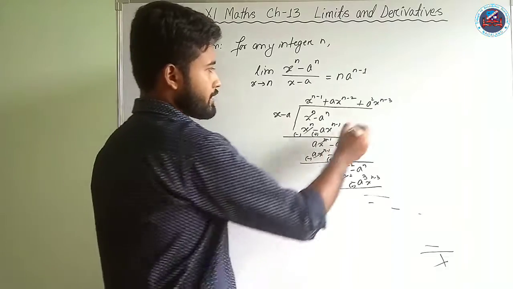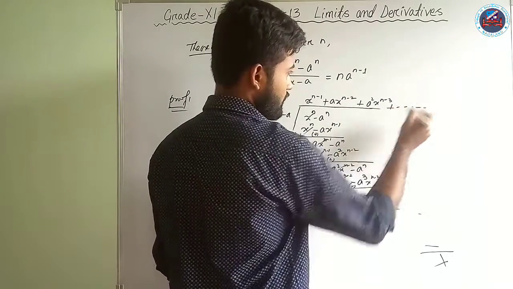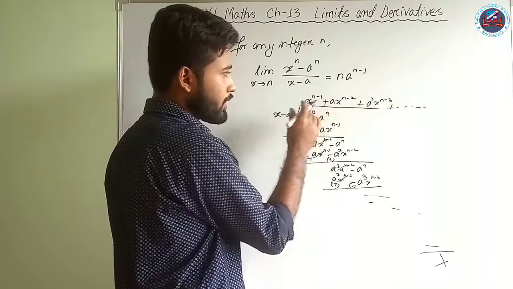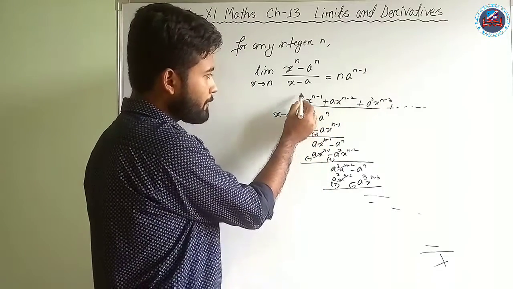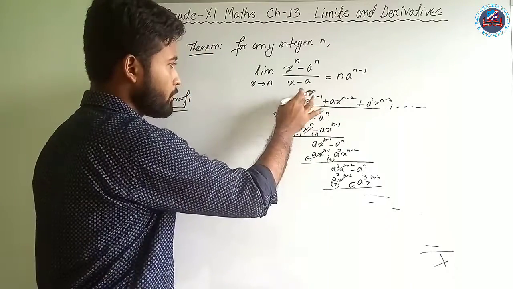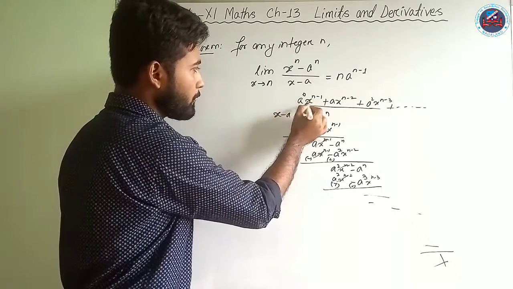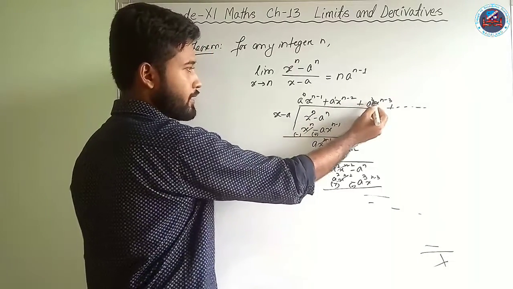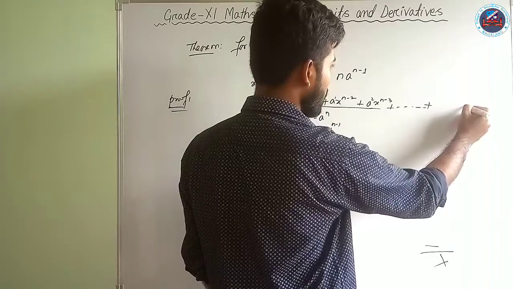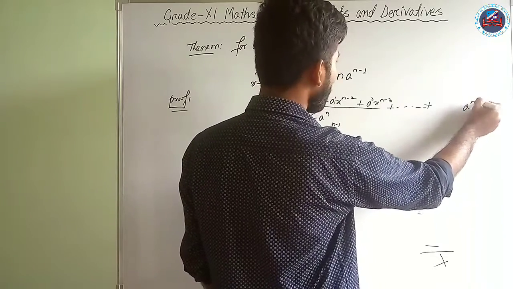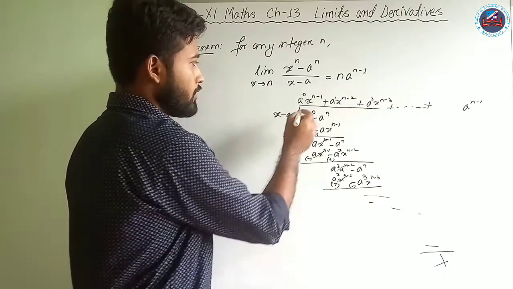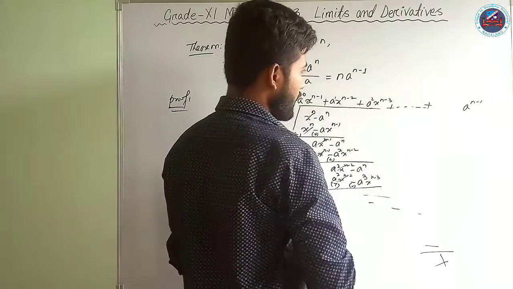So what we get is a sequence of terms. You can see what the pattern is. At first there was no a, that means I can write a to the power 0, that is 1. Next the power of a has increased by 1, next it has increased by 2, and it is going on. So finally we can say that the power of a will be n minus 1, because this is the highest, and next we have a to the power n. So finally the power will be a to the power n minus 1.